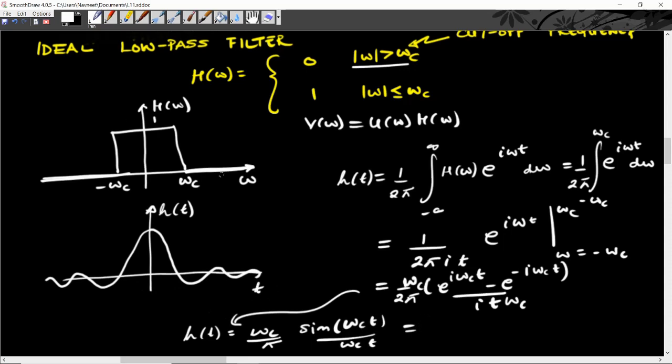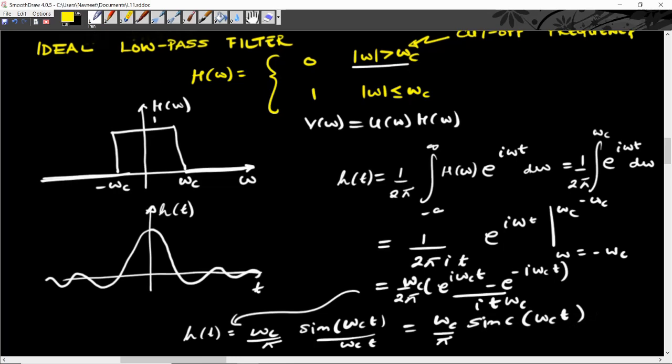So if you have a rectangular function in time domain, the Fourier transform would be a sinc function. And if you have a rectangular function in frequency domain, then the function in time domain would be this sinc function, because sine of omega c t over omega c t can be written as the sinc